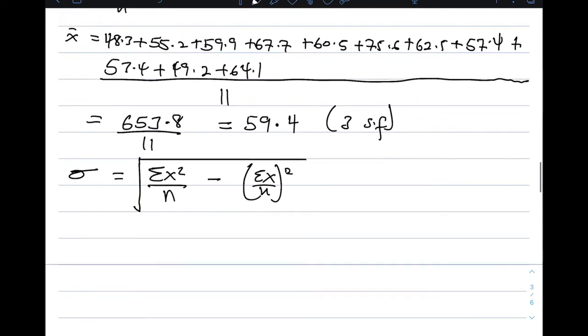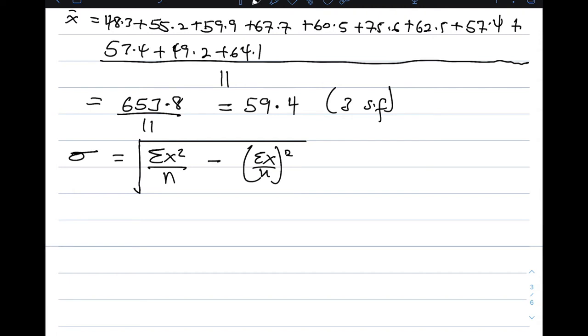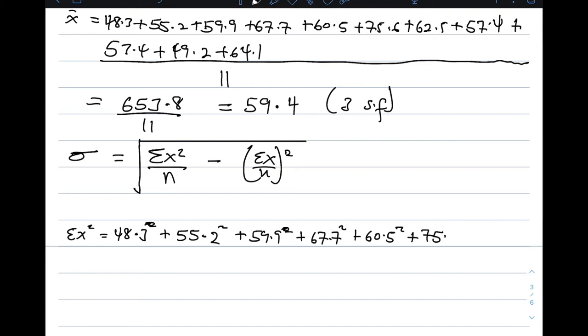All right, so we need our sum of x values. We are going to sum the squares of these values. Okay, so let me do that here. That means we have 48.3 squared plus 55.2 squared plus 59.9 squared plus 67.7 squared plus 60.5 squared plus 75.6 squared plus 62.5 squared plus 62.5, okay, plus 57.4 squared plus